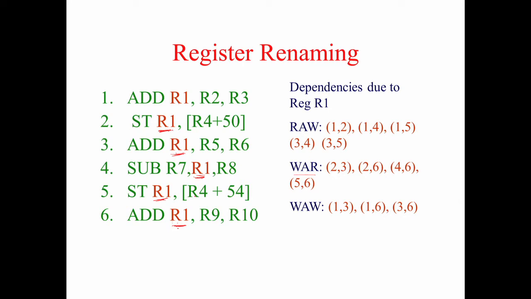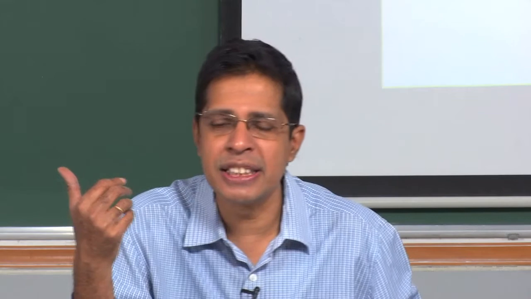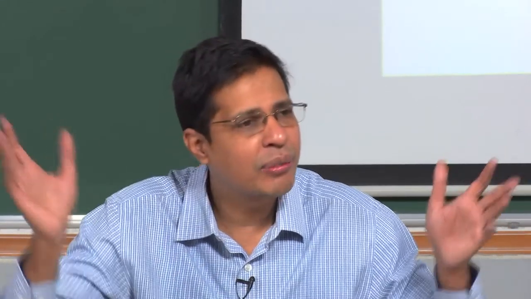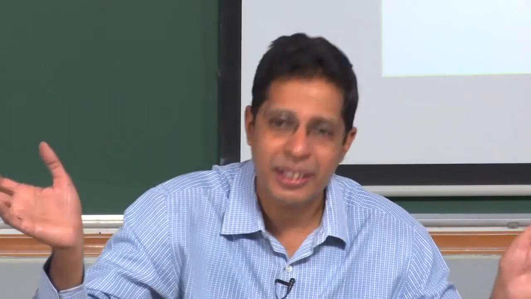So many dependencies are there between these 6 instructions. Of course, it is a cooked-up example, but we can get such examples. Now, again I repeat, why are these dependencies extremely important? Because any of these instructions can execute in any order. We want superscalar, so I can allow every instruction to work out of order.